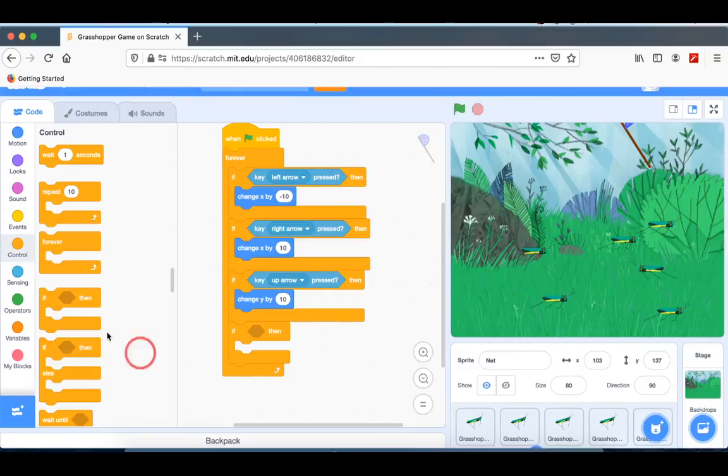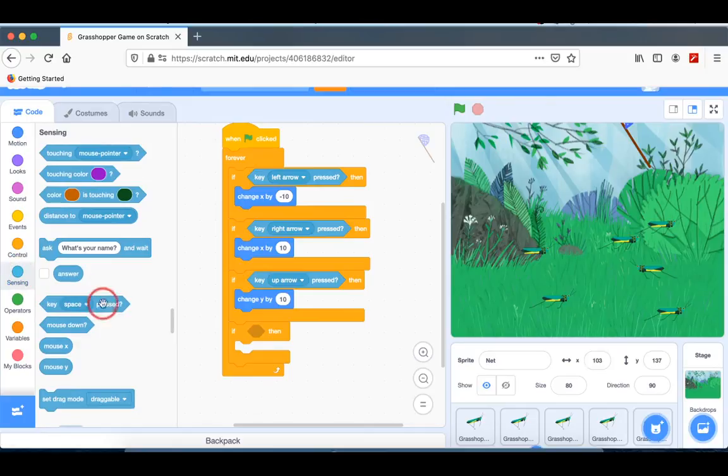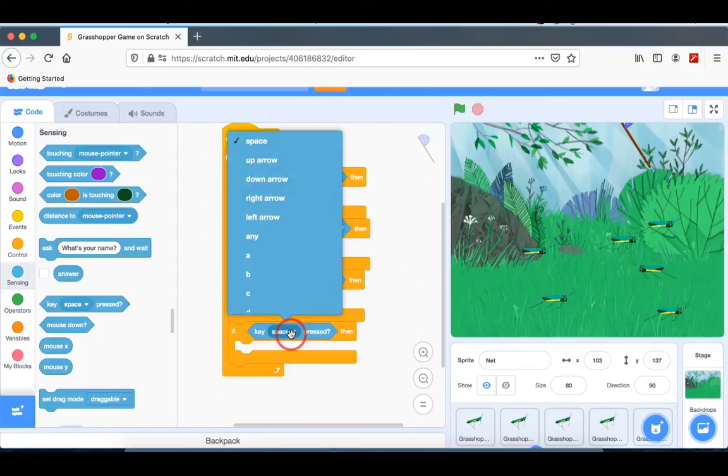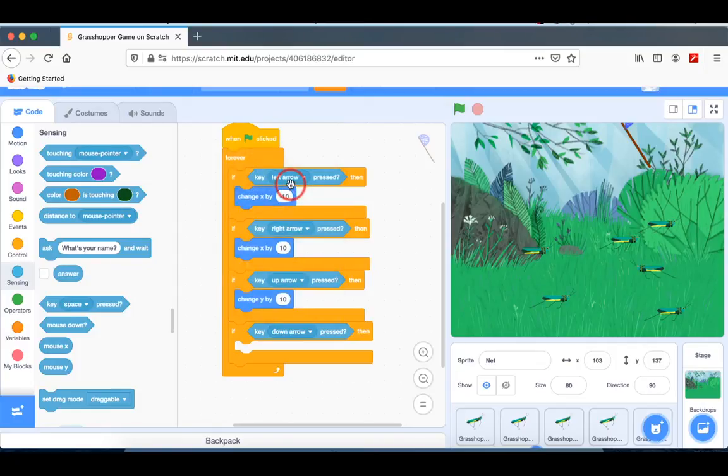Now from the sensing category, we need key space pressed. Grab that one and put it inside the if loop. So this is an irregular hexagon. So some people say put it inside the irregular hexagon of the if loop. We've done left, right, up, and now we need down. So click on the little arrow and find down. So if the down key is pressed,